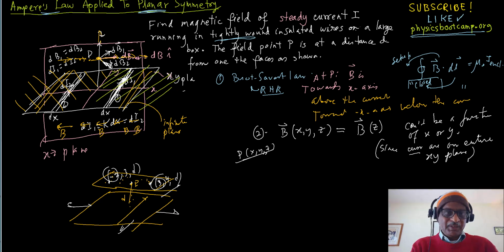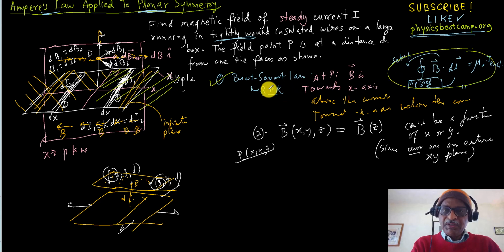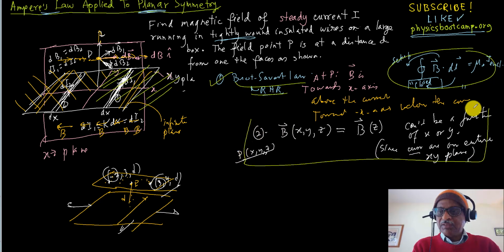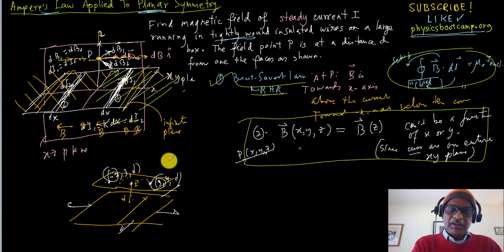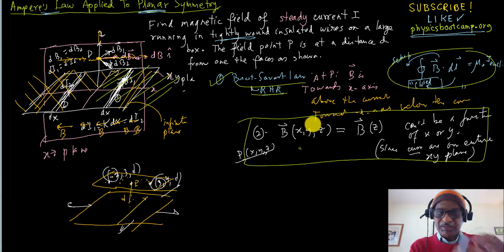Okay, so there's a couple of really important conclusions you can draw from the Biot-Savart law, right? This direction you can't get from here. You've got to go to the Biot-Savart law to get the direction. And then this is an important observation, and that's going to be system by system, right? In this system, it's the case